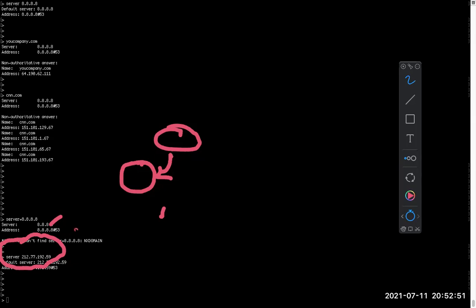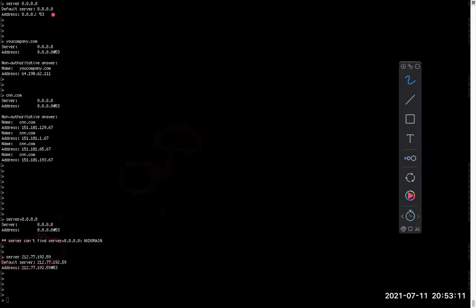It will only check this server. Whatever you type here, it will not check your card. Even if you don't have any DNS server inside the card, no problem. You put some other Active Directory, no problem. It will only check here. So this is a very, very important troubleshooting step.